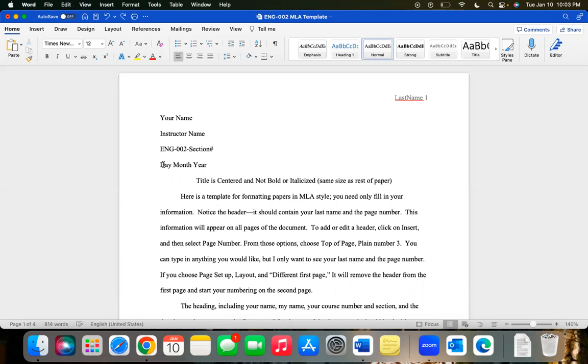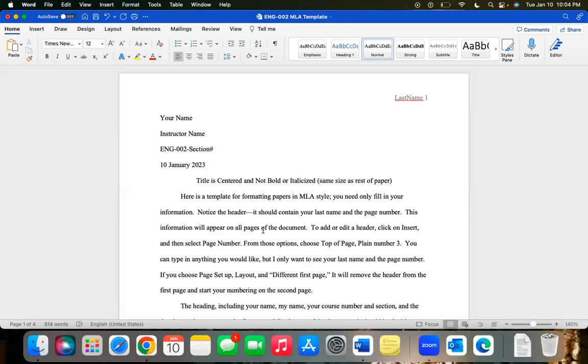You can see that it is day, month, year format. So today would be 10 January 2023. I know that looks a little crazy. We're used to more traditional formatting, but this is just how MLA formatting wants you to do it. And once you do it a few times, I promise you, you will get used to it. But as you can see here, your title should be centered. You will copy and paste your